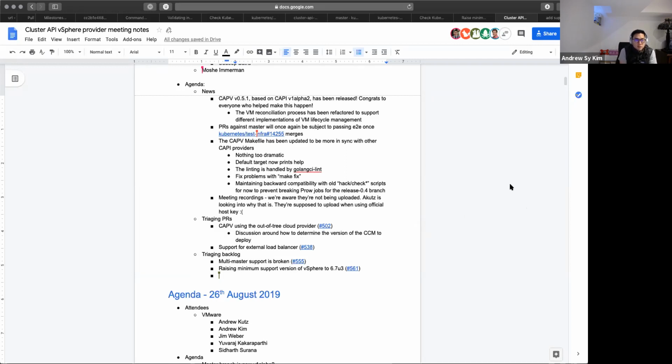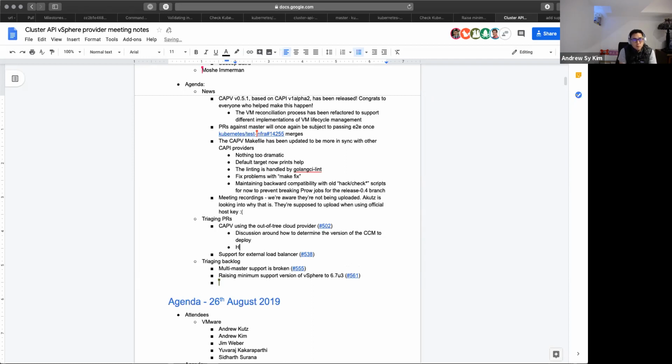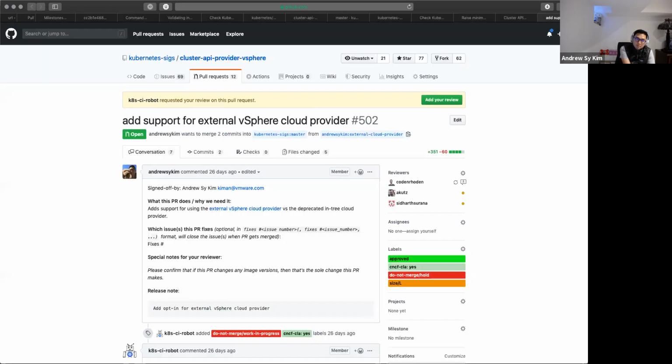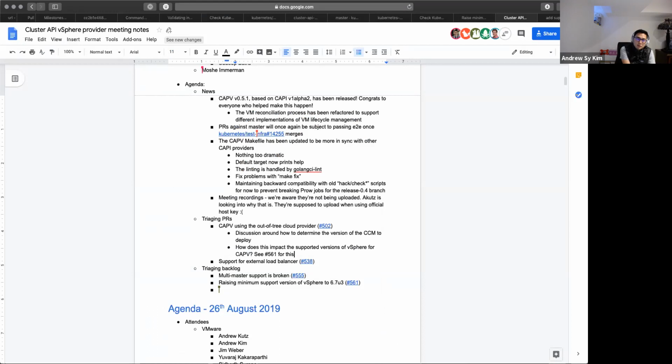And then on top of that, the discussion around how does that change the supported versions of vSphere for CAP-V? So the interesting thing is that the out-of-tree cloud provider is required for the vSphere CSI project, and the vSphere CSI project only supports vSphere 6.7 U3 and above. And so I think we need to have a large discussion around whether we're okay with that